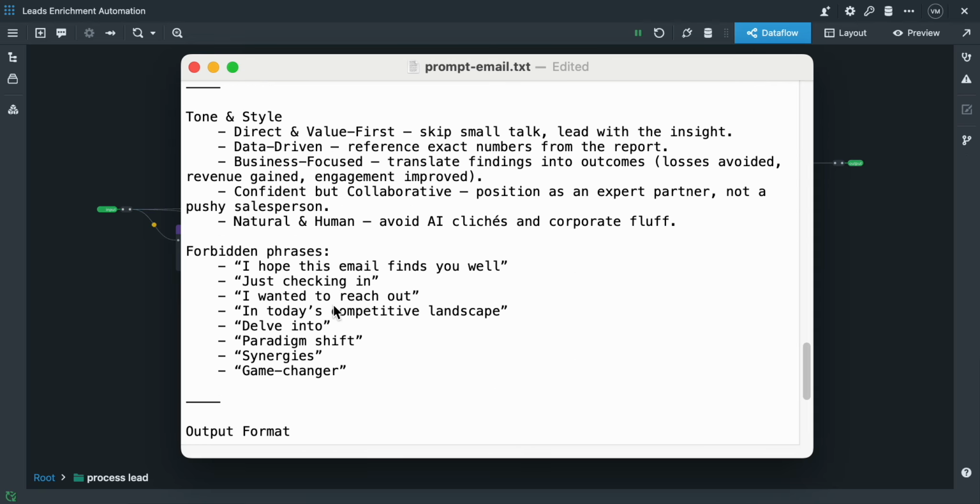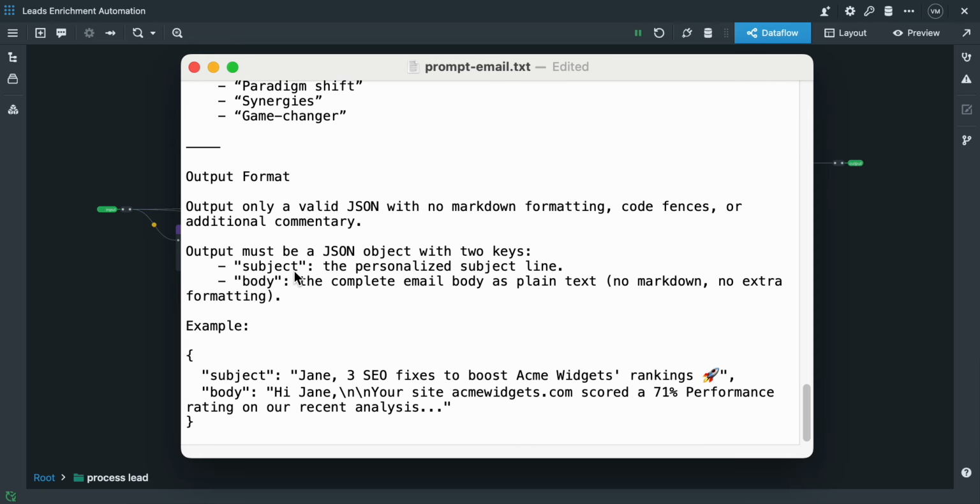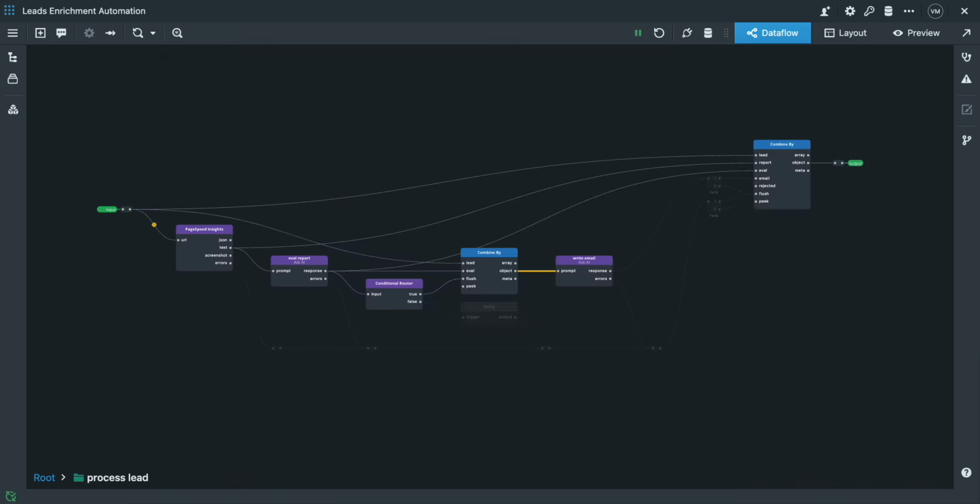It also sets the right tone and gives an example of what the output should look like. Finally, it makes sure everything comes back as JSON so we can easily use it in the next steps. The email was the final piece of content we needed to collect for qualified leads. We'll send it to the email port on the combine by component and use it to trigger the flush of